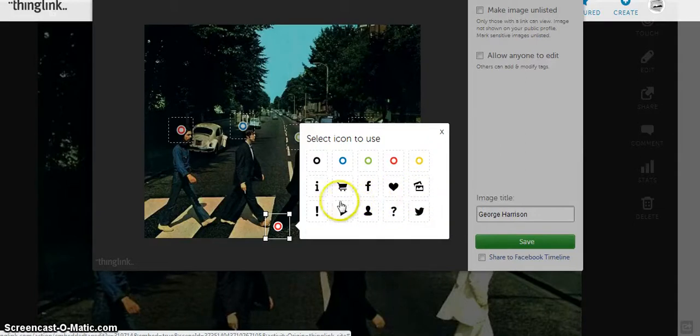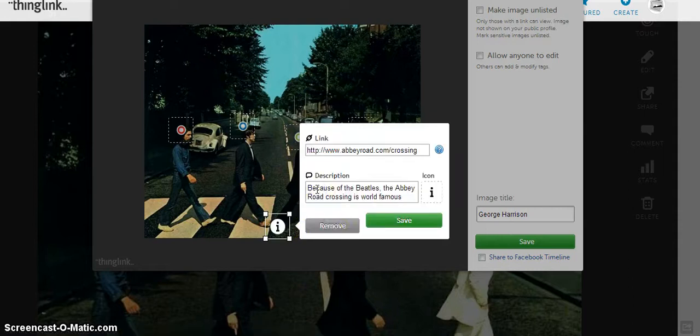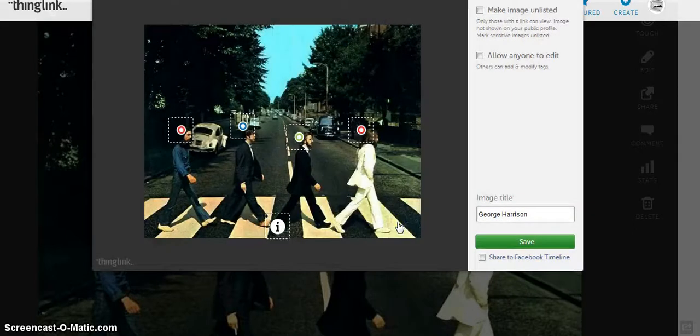And then I can choose again what icon I have for that. I'm going to use that little information icon, the "i" for information. So I'm going to click that because I think that's quite a good one. And then I'm going to save that, and let's see what that one does. So if I click save,